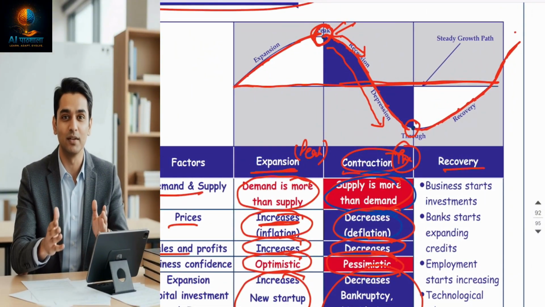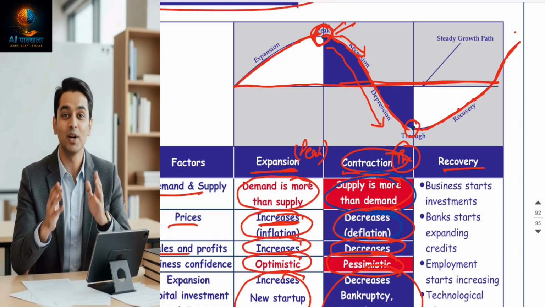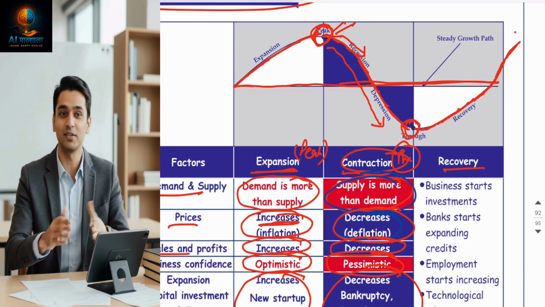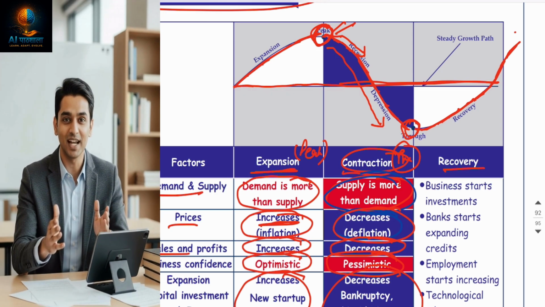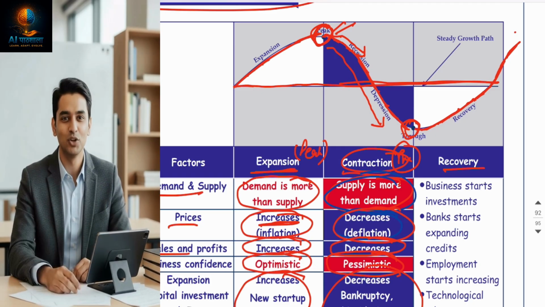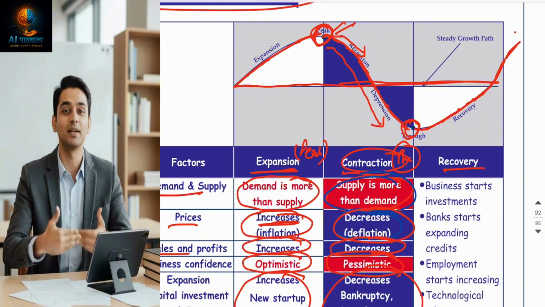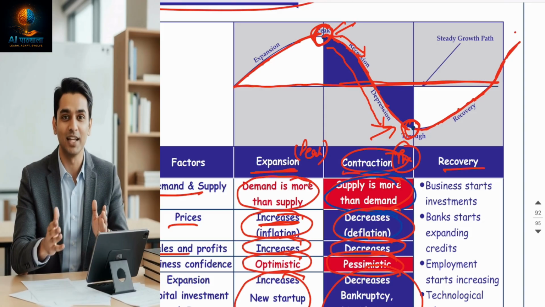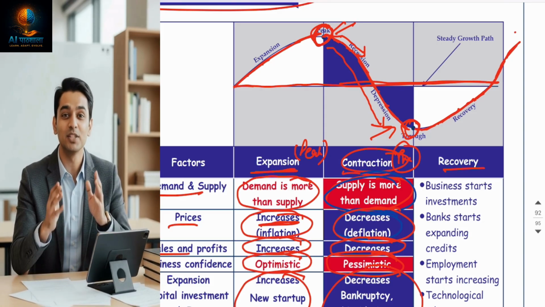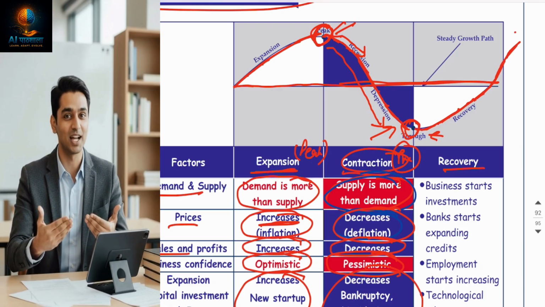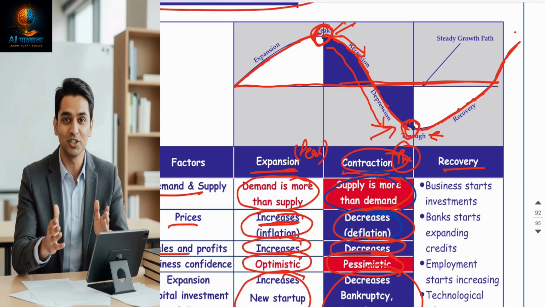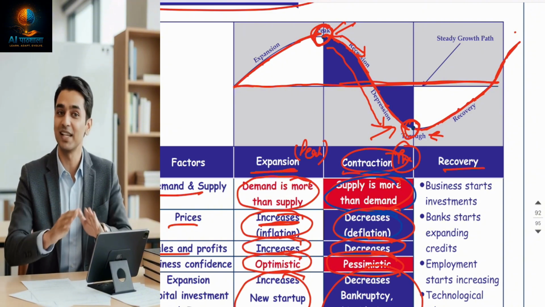But a negative period also has its end. After slowing down and going downward, the country reaches the bottom point of the economy, which is the worst, but it's the end of the worst. It's called the trough point. This is the lowest point of the business cycle. Trough is the lowest point where output, employment and income are all at minimum levels. Firms face losses, bankruptcies and closures. There is little or no investment, and consumer spending is very low.